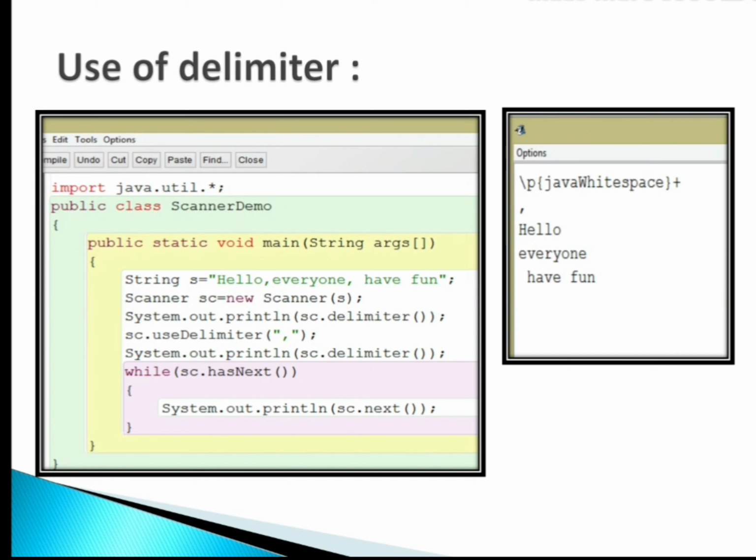If you want to see whether comma is behaving like a delimiter and whether the tokens are picked or not, I'm showing you right now how tokens are picked one by one. I'm using a while loop because I don't know how many tokens are present in a particular sentence.